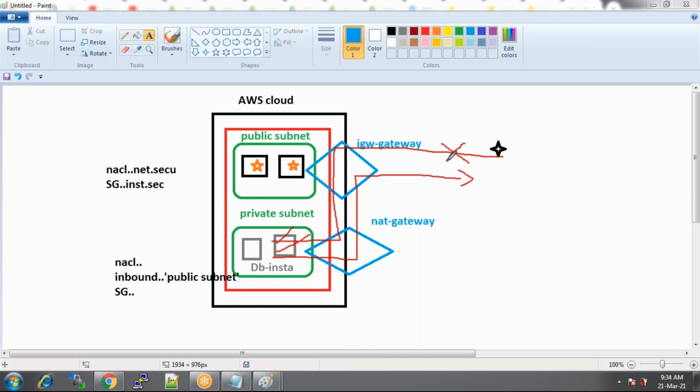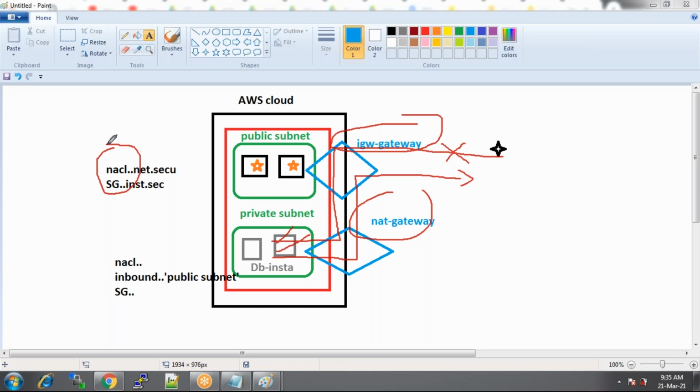Whereas internet gateways are both-way communication. Moreover, internet gateways are accessible from anywhere. So that's the difference between internet gateways versus NAT gateways. This is the most important question, IGW and NAT gateways. And the second question is NACL versus security group. These are the two most important questions. Almost every interview, when you have questions on VPCs, the first question is NACL and security groups, and then IGW versus NAT gateways, or how to differentiate.